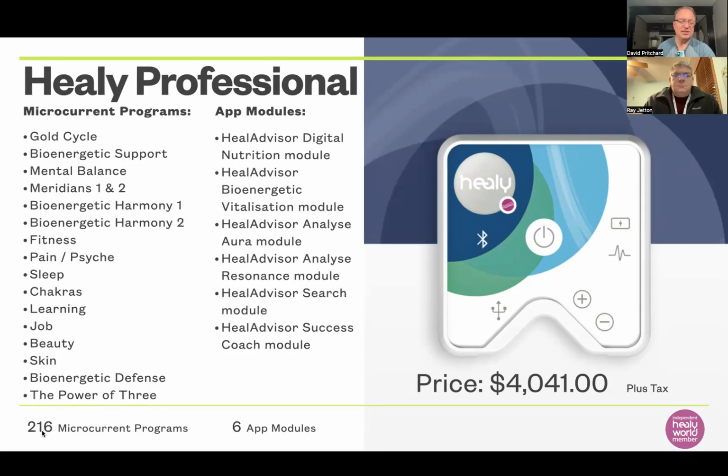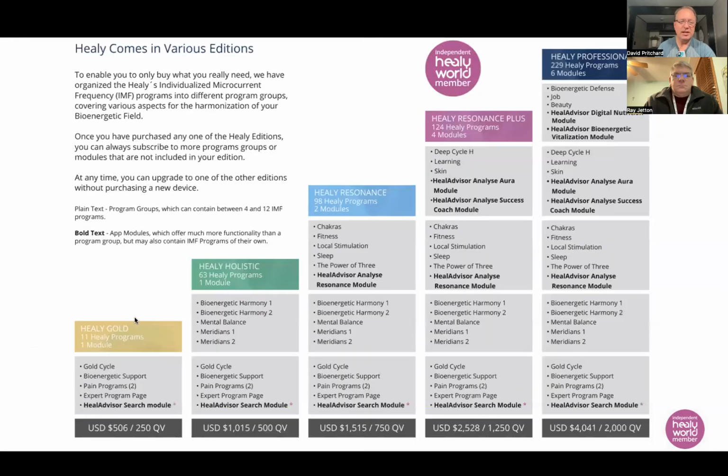But notice it has 216 microcurrent programs instead of 11 like the gold had, and 6 app modules instead of just 1. So you get a lot of stuff for the professional. In between, there's holistic, and then resonance plus, and then up to professional. As you go up the ladder, you're just adding more programs. This is the level at resonance where you start to have the resonance module where you can do that scan like I did that showed me I needed the skin harmony program in the skin group and also in digital nutrition and so on. So I really recommend people trying to start at least at this edition,